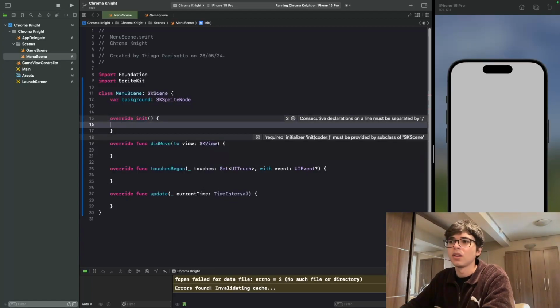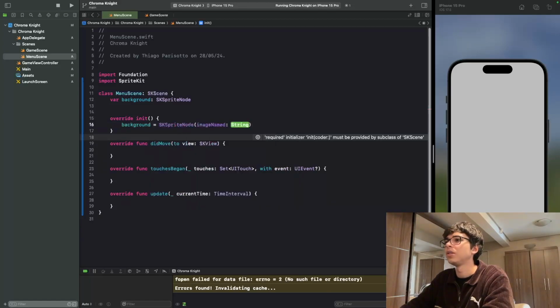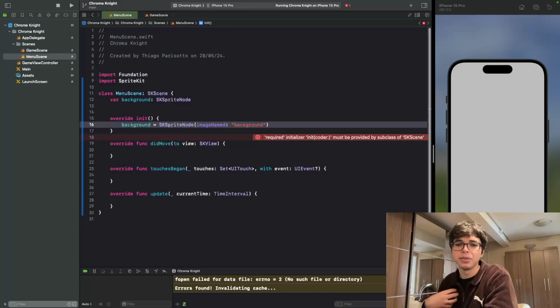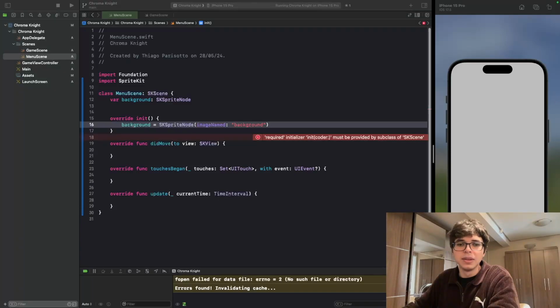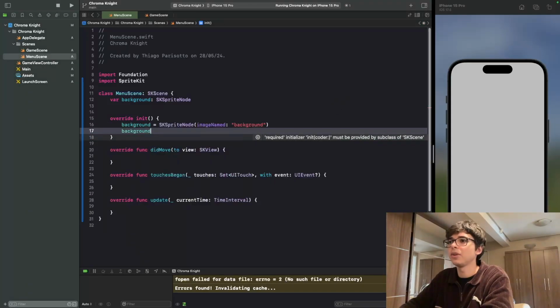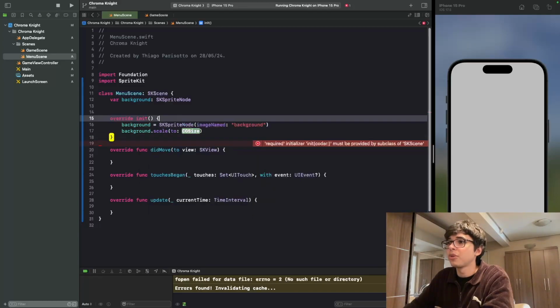Okay, let's try to do this initialization. We can go background, sprite node, image name. We don't have a background yet, but we can create one later. I'm gonna show you how I create my textures. And after doing this, we can go and say background scale to, of course, this we need to receive a size,